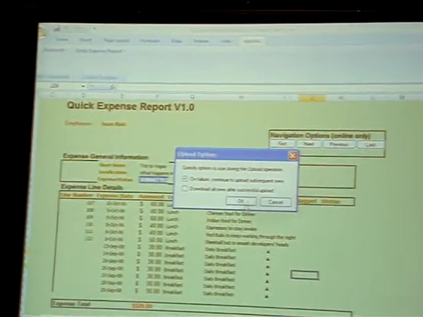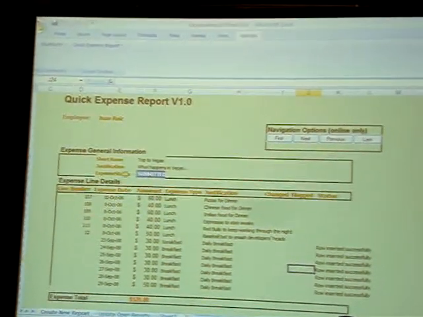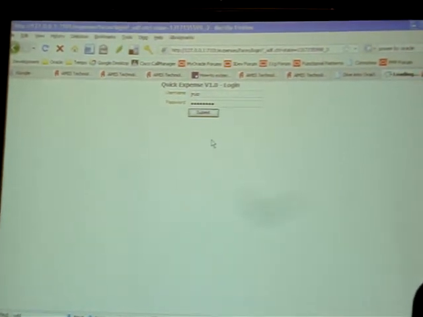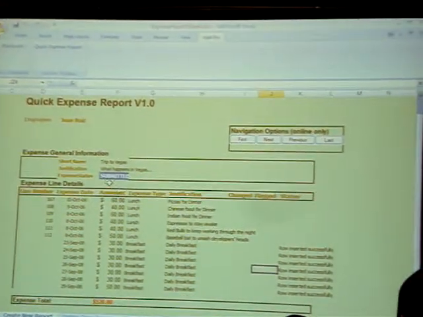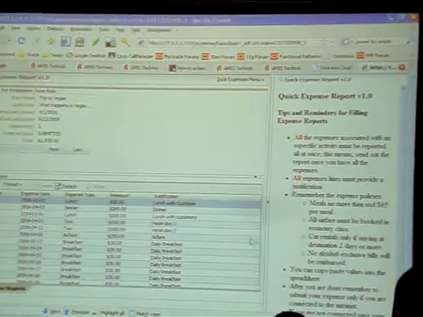Let's resubmit this. Okay? And I see that the rows are inserted, the expense status is submitted, and if I go to my online application, okay, I see this is the trip to Las Vegas. Alright, so I think it's the first one that comes here, and I see all my breakfasts, right, together with the total of my expense being updated. Okay? So this is